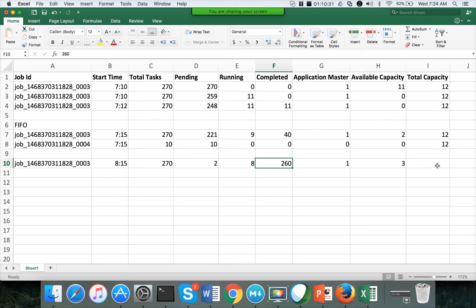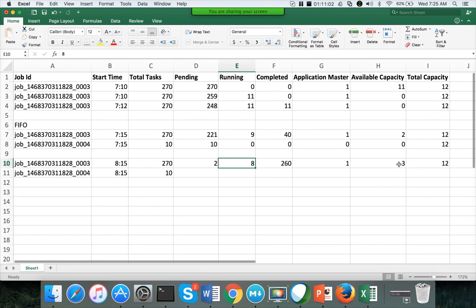Okay, and then total capacity is the same. So for this job, at this time 8:15, which requires 10 tasks. Okay, so now even though 8 plus 1 for application master, and 8 for the actual tasks for the job are running, still there is 3 available capacity.